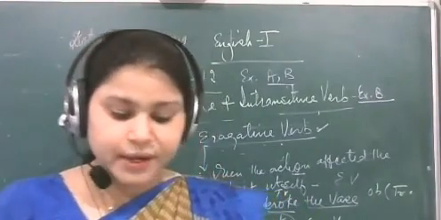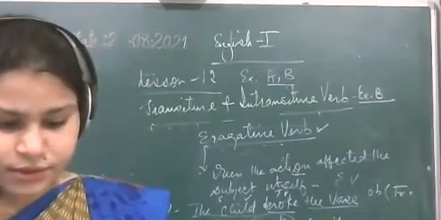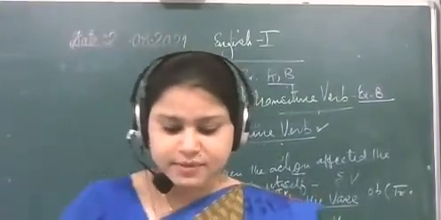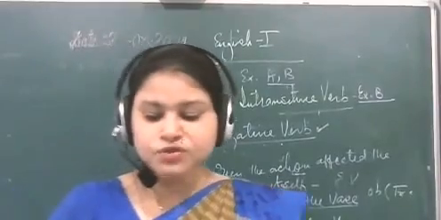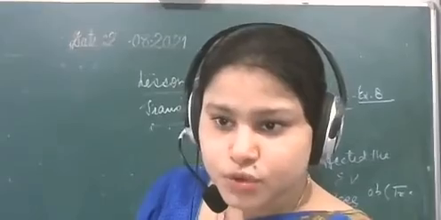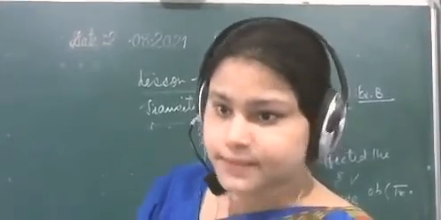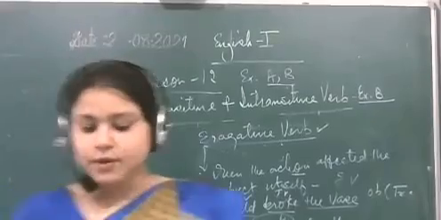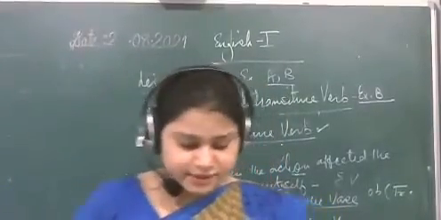Now verbs of incomplete predication. Okay, exercise CC, use the verbs listed in the box given below to make two sentences. Here you have to simply make sentences. So that is up to you. You will solve this exercise. I'm not going to give you the answers, because here you have to simply make sentences. So that is up to you.